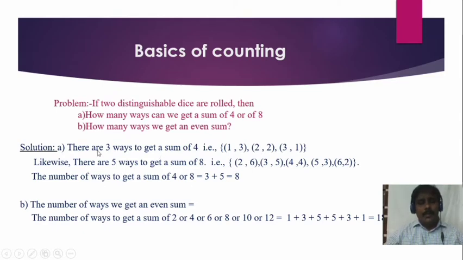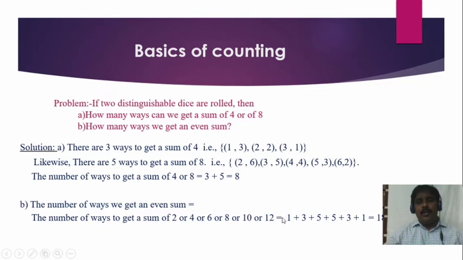Now another question is how many ways we get an even sum. So we have to check how many values there are when a die is rolled 2 times. We already know 6 square equals 36 elements. So we have to choose the elements from those 36 elements only. The number of ways to get an even sum means the even numbers here are 2, 4, 6, 8, 10 or 12. So up to 12 only. Why? Because the last element is 6 comma 6, and 6 comma 6 means 12. So 2, 4, 6, 8, 10 and 12 are the even numbers.